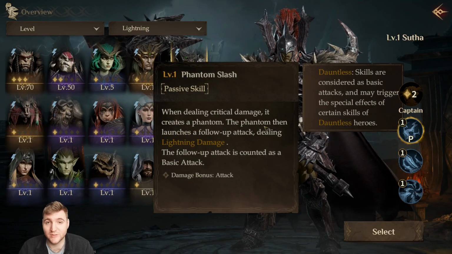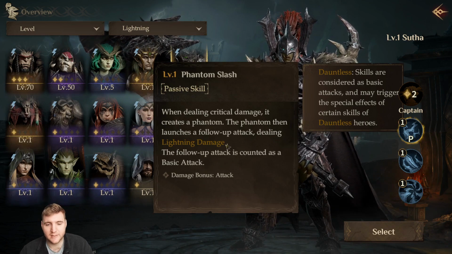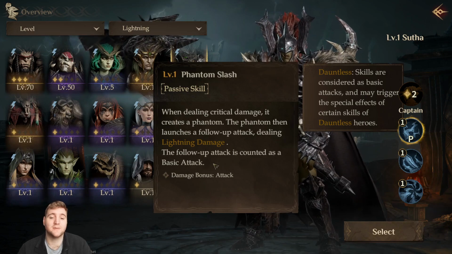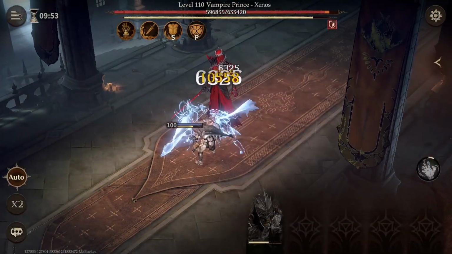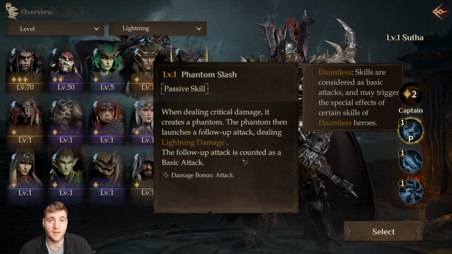When dealing critical damage, it creates a phantom. The phantom then launches a follow-up attack dealing lightning damage, scaling on attack. The follow-up attack is counted as a basic attack. So basically whenever Sutha crits, there is another instance of damage dealt by a phantom, and that counts as a